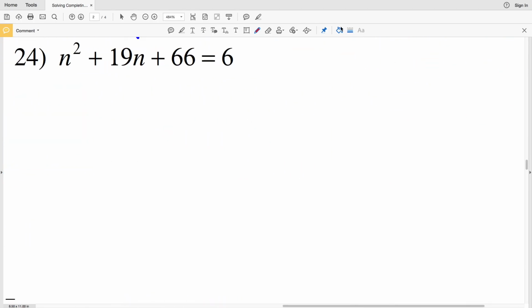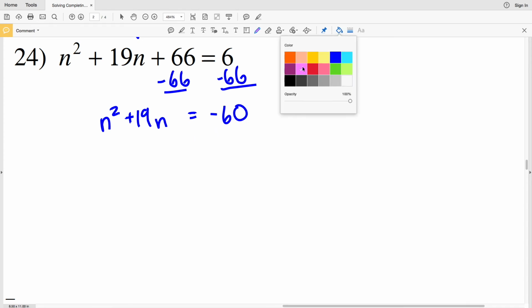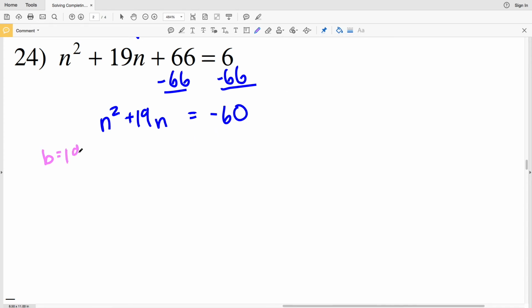In number 24, my a value is a positive 1. So all I need to do is move the constant to the other side and then complete the square on the left-hand side. So n squared plus 19n equals 6 minus 66, which is a negative 60. Now completing the square, if my b value is a positive 19, my c value is going to be 19 over 2 squared. 19 divided by 2 is a positive 9.5. And when we square that, we'll get